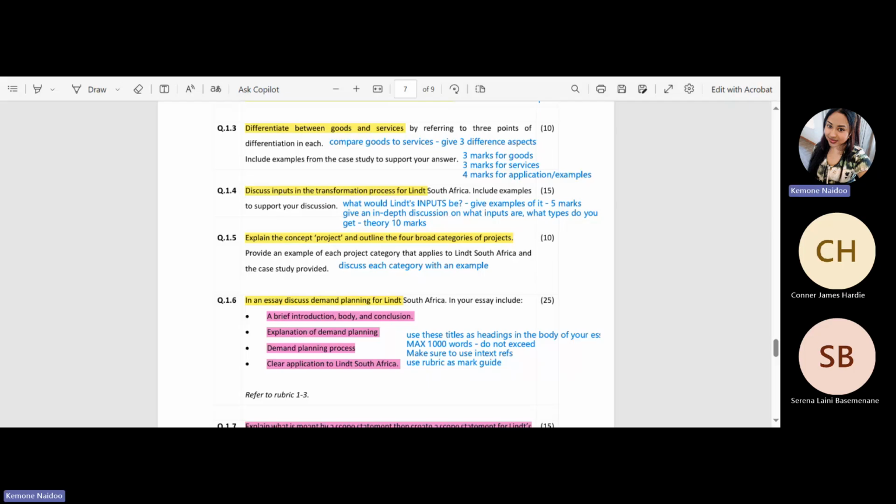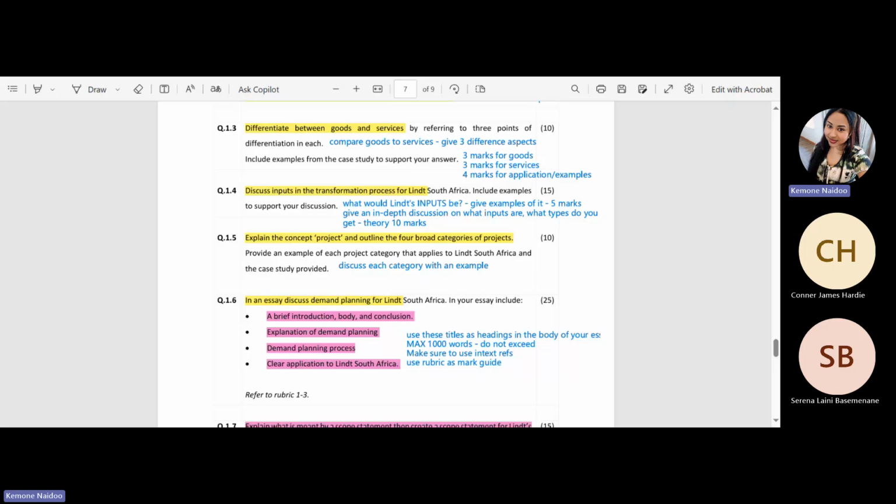So what is it about a good? What is it about a service? Highlight the distinct different characteristics. So for example, tangible and intangible. Okay, that would be a distinctive difference between the two. Yeah, so just make sure that you have 3 of that. So this is 10 marks. 3 marks for your 3 points for goods, 3 marks for 3 points of services, and 4 marks for the